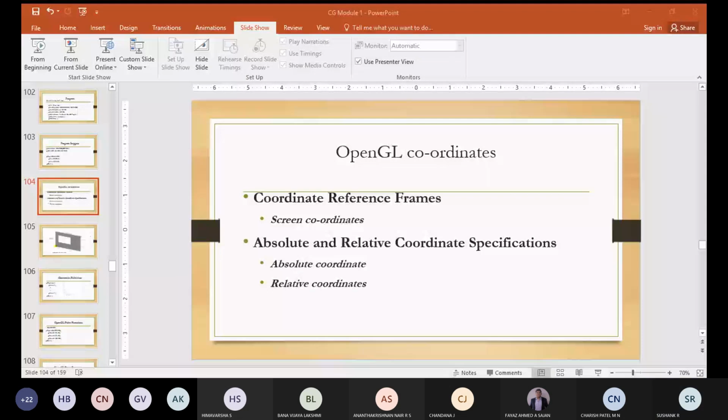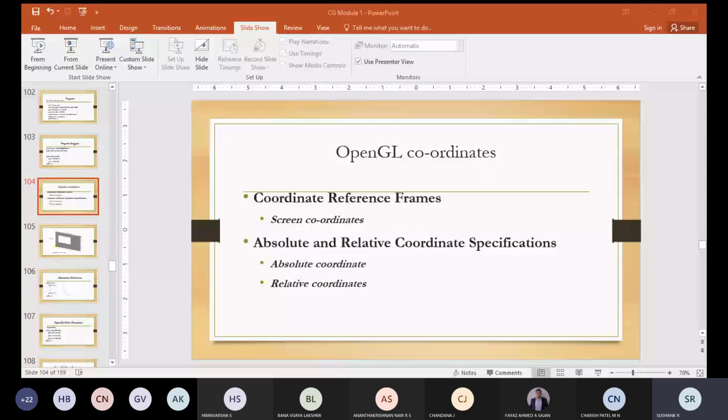So these primitives should pass through the geometric pipeline, which will decide whether the primitive is visible or not, and also how the primitive should be visible on the screen.